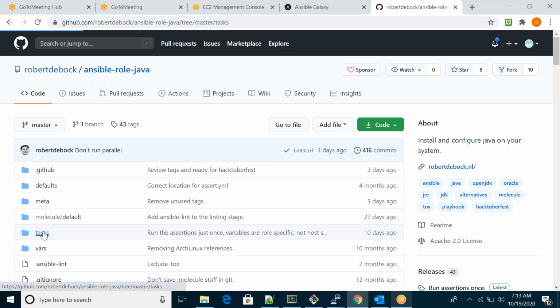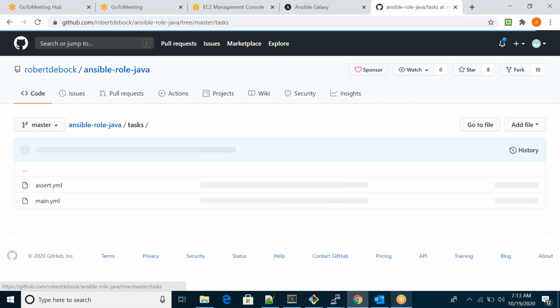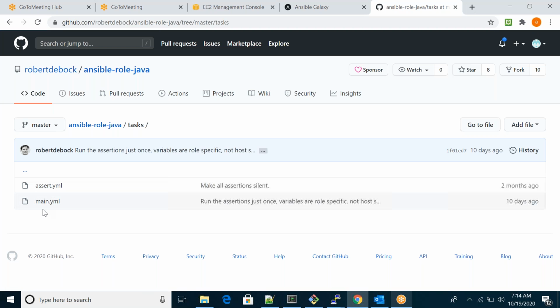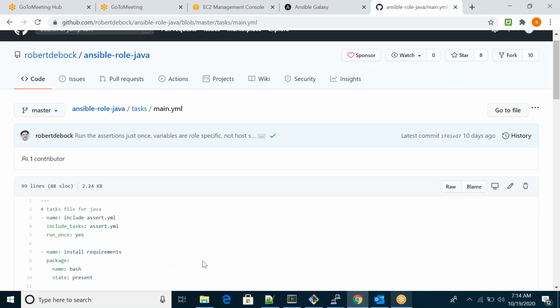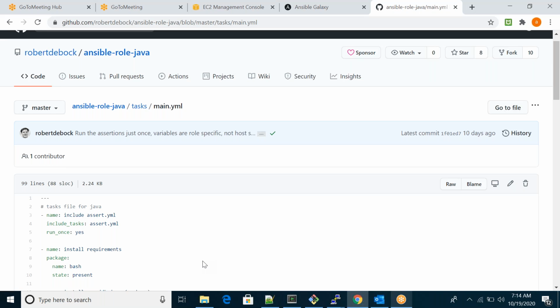Open tasks. Okay, so you can see the format is a YAML file. This is a normal YAML file. Maybe this file is included in this main YAML file. Just open the main YAML file. We'll see. So here you can see they're including that extra YAML file, to reduce the number of lines in one same playbook, in one file. Okay, so this is the main YAML playbook.